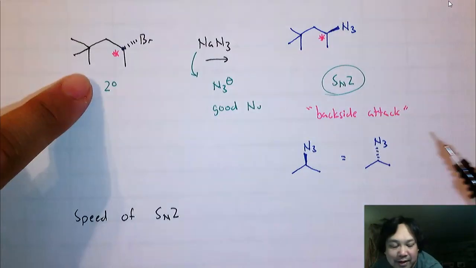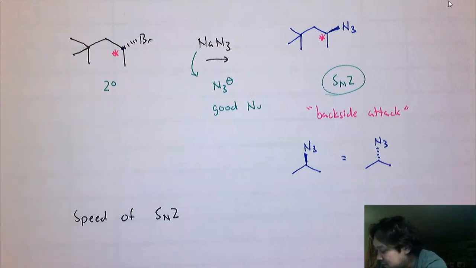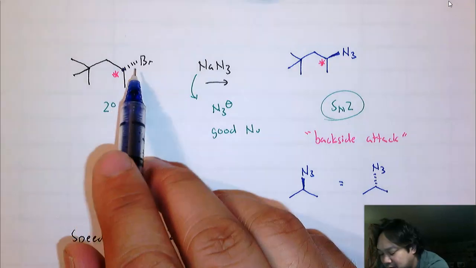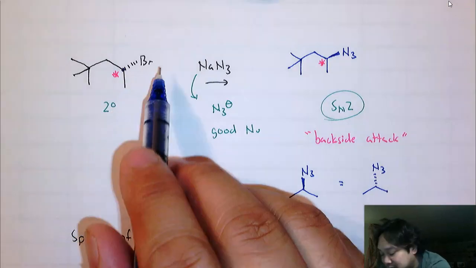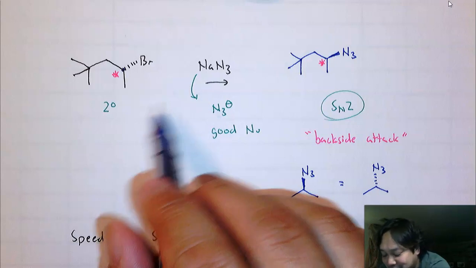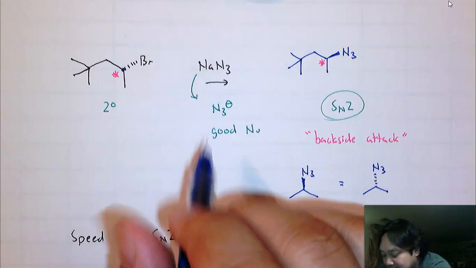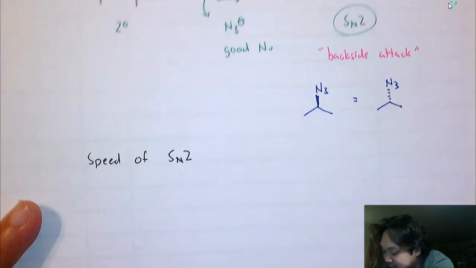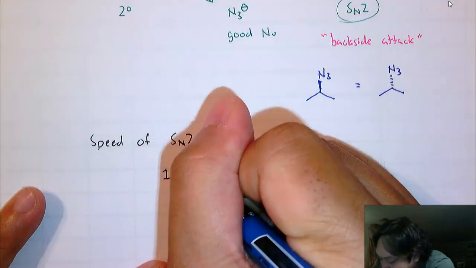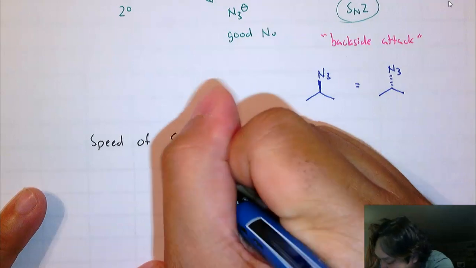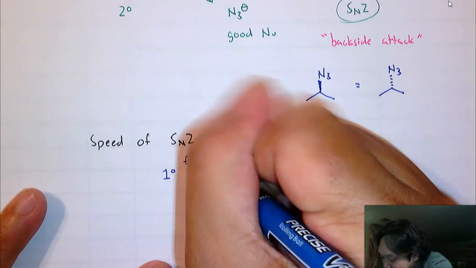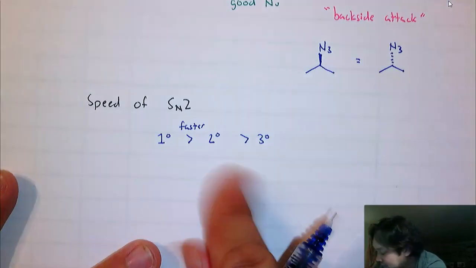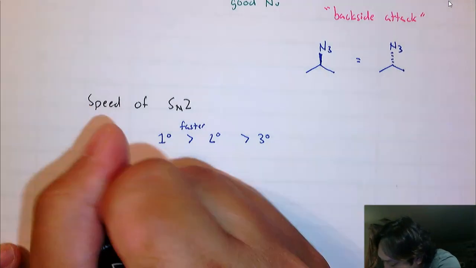I've tried to avoid it being very crowded, because if the orange cat is coming in at the same time that the gray cat is leaving, forcing out the gray cat, you want this carbon to be very uncrowded. So in terms of speed, primary alkyl halides are faster in SN2 reactions than secondary, than tertiary. That is the trend. And then for SN1,